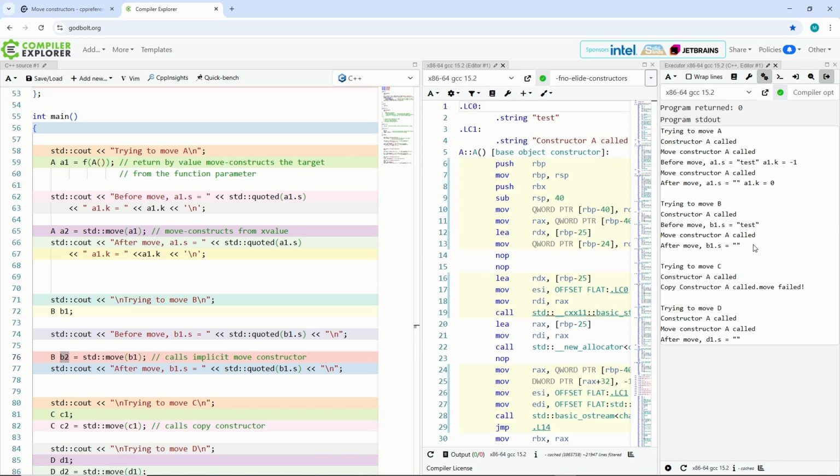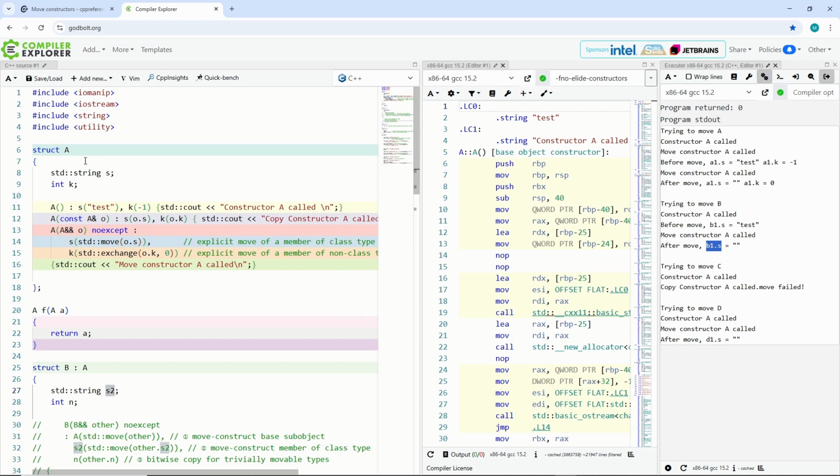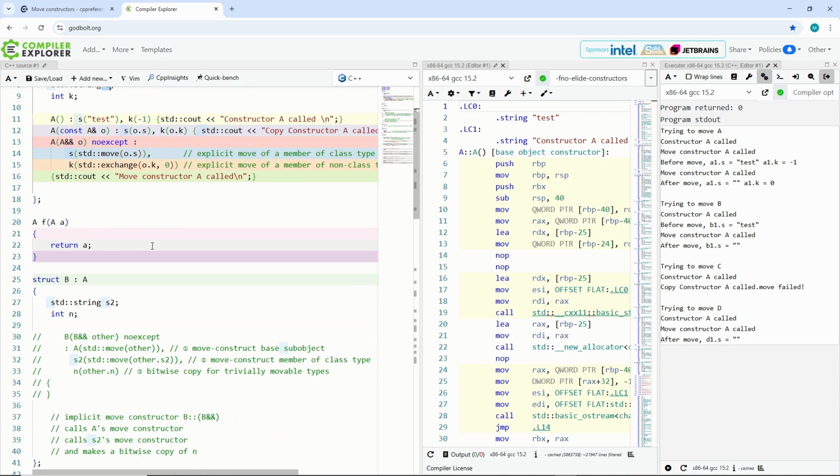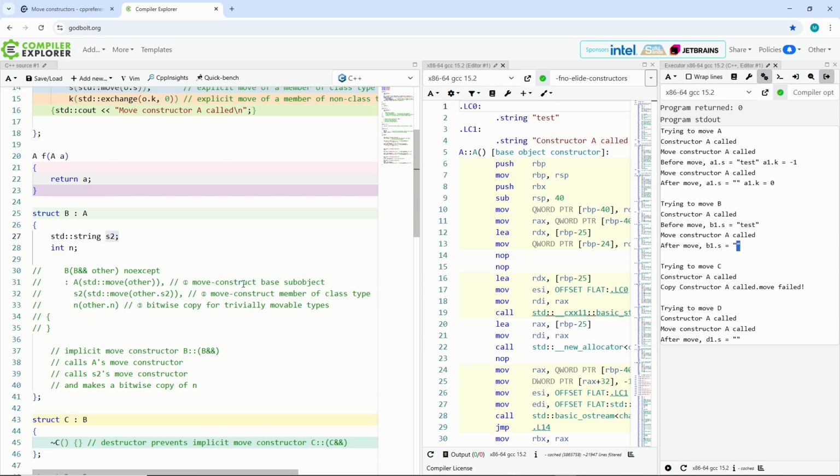And this one we can see here with B1.s, because B1.s is now also in a valid state. Remember, this B1.s is the A part. We can see this here. In A we have defined string S, and struct B has defined S2, and you can see S here, the A part is left in a valid state, empty, because we took the resources from there